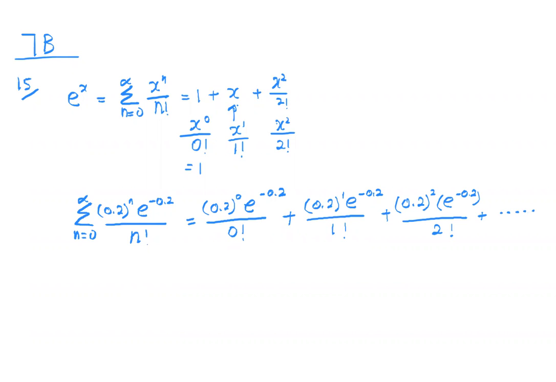So this will be e to the power of negative 0.2 over 1 plus 0.2 to the power of 1